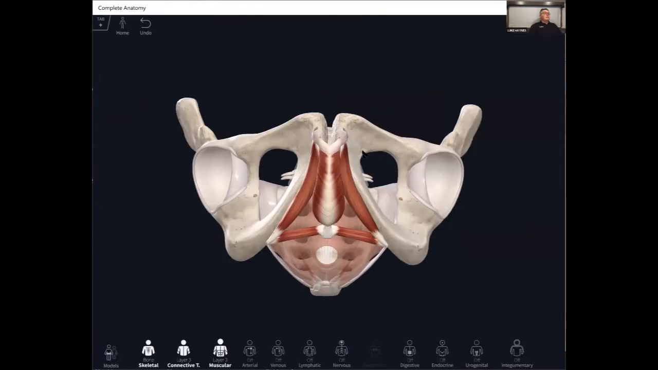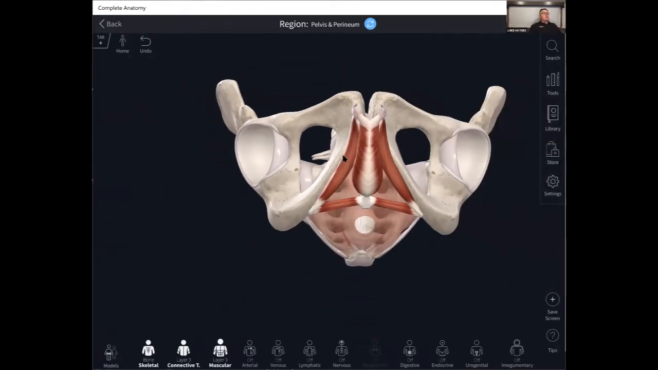Okay, so when you look at the male and the female side by side, one of the biggest things that you'll notice is the,